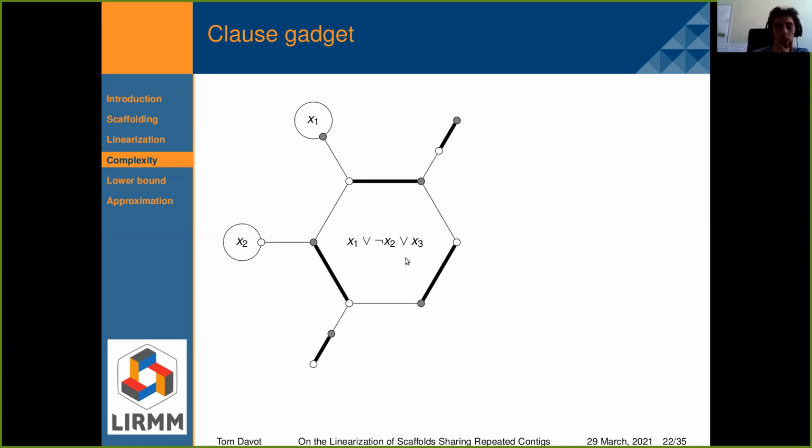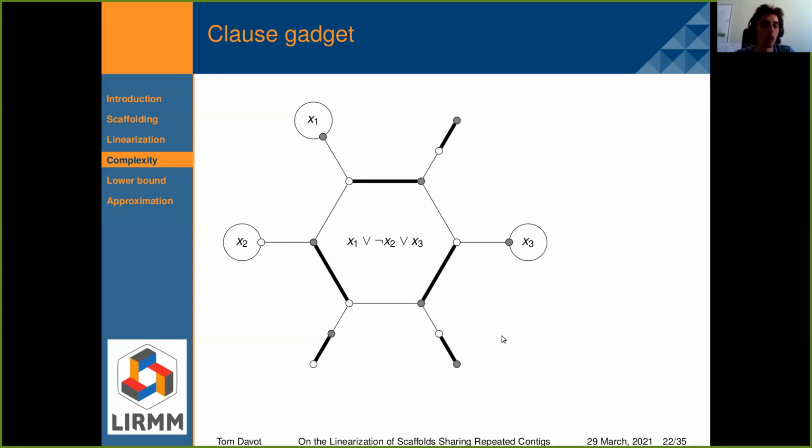For x2, since x2 appears negatively in the clause, we link a white vertex of x2 with a gray vertex of this matching edge, and same thing here, we add a single matching edge that we link with the white vertex. And for x3, it's the same thing as for x1. Since x3 appears positively, we link a gray vertex of x3 with a white vertex of this matching edge, and we also add a single matching edge here.